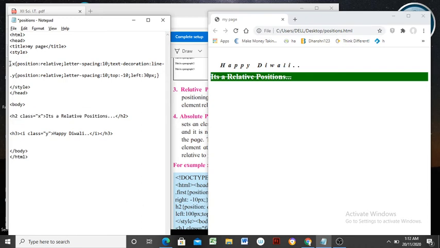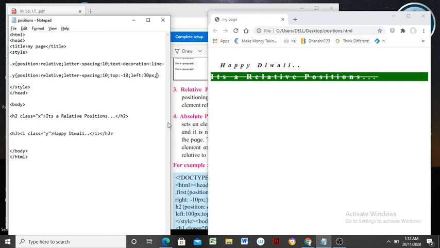See here, save this, get refreshed. See here how interesting it is. It's a relative position with the specific content, leaving a space of 10 pixels in every character or alphabet. How interesting it is. You can also adjust the right margins, the same way you applied left as well as top. It is possible again.